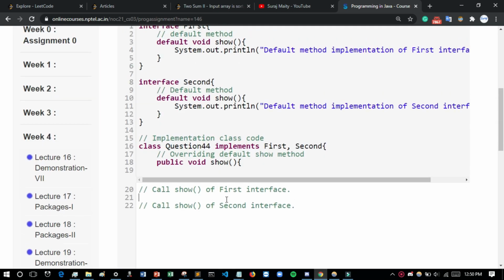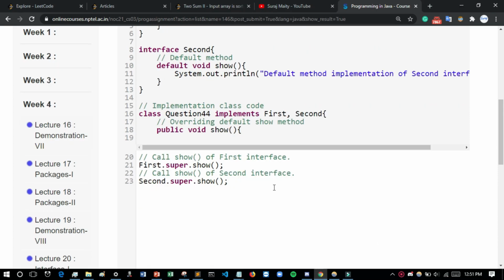So now I will write this code, then First.super, because you have to use super, and then Second.super.show. After that I will run it.